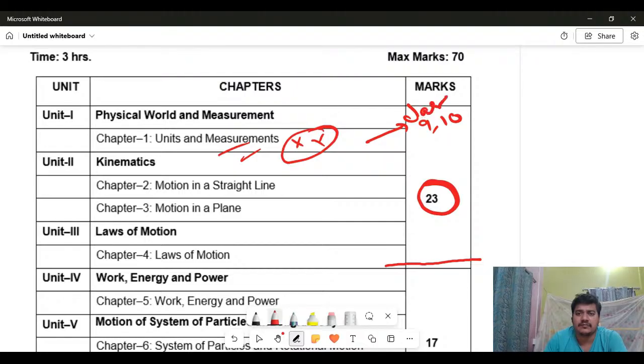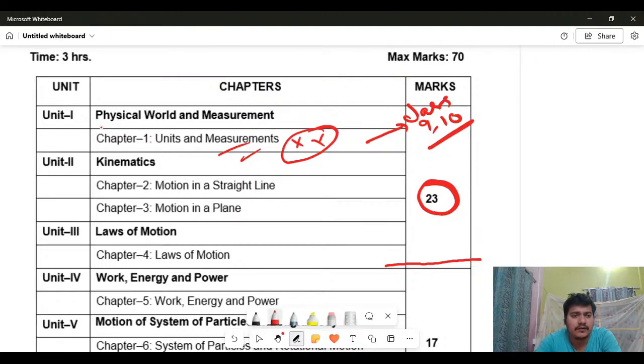So if you want to skip this chapter in class 11: if you have not learned it in class 9 and 10, then you need to learn it in class 11. Else, if you have read it properly in class 9 and 10, then I suggest there is no need of reading it now. Some unnecessary things are also there. During the discussion of these chapters, I will tell which things are important and which are not, and what things you need to learn.